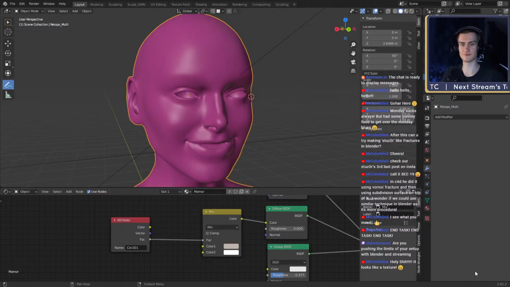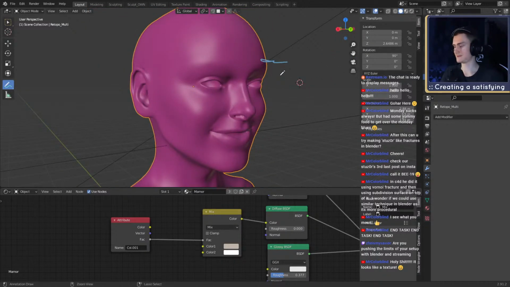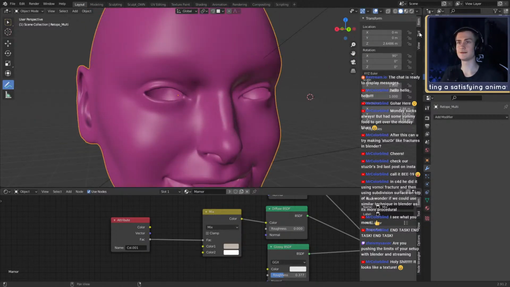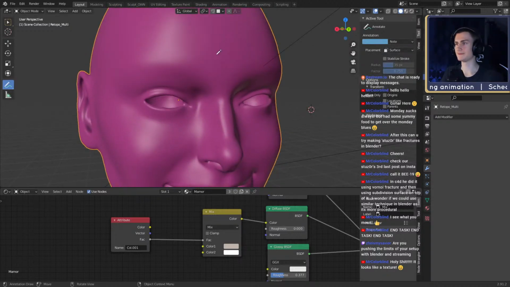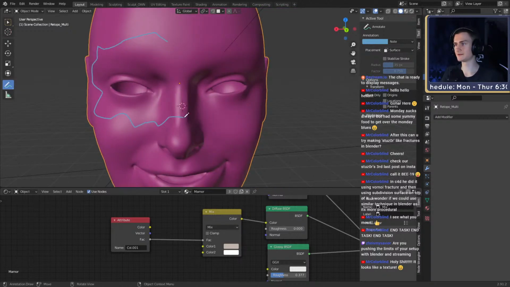There are no settings. My settings just went missing. Oh, there it is. Surface. Okay. Let's make it a little bit loose, so we're not sitting here forever.